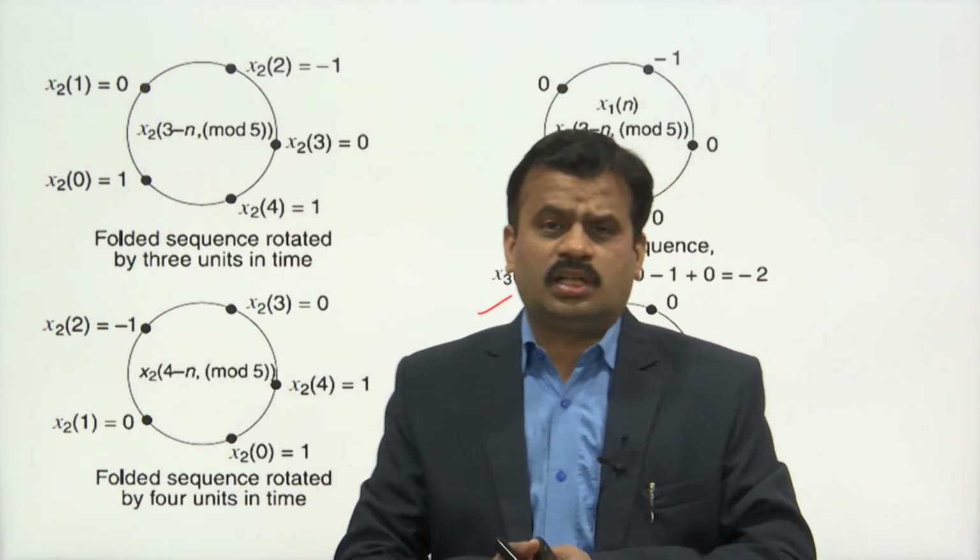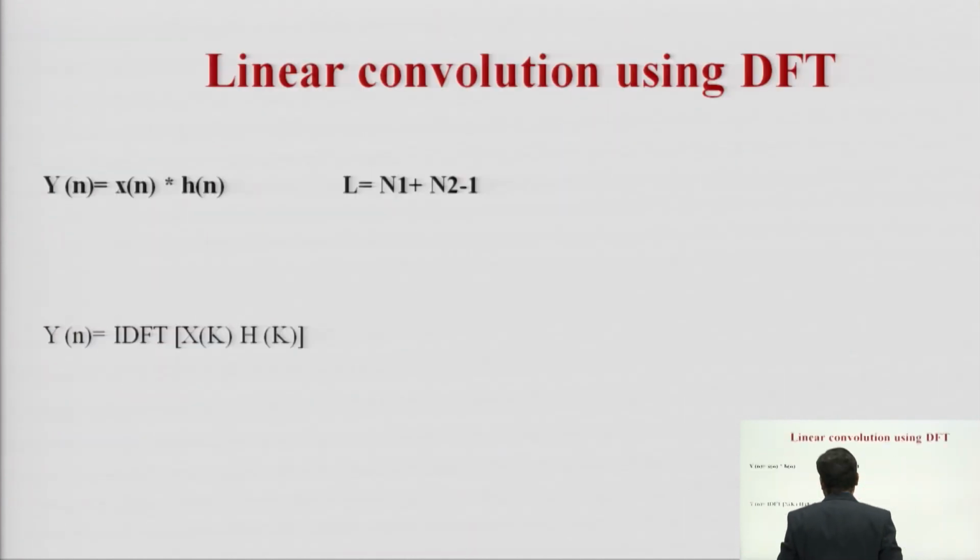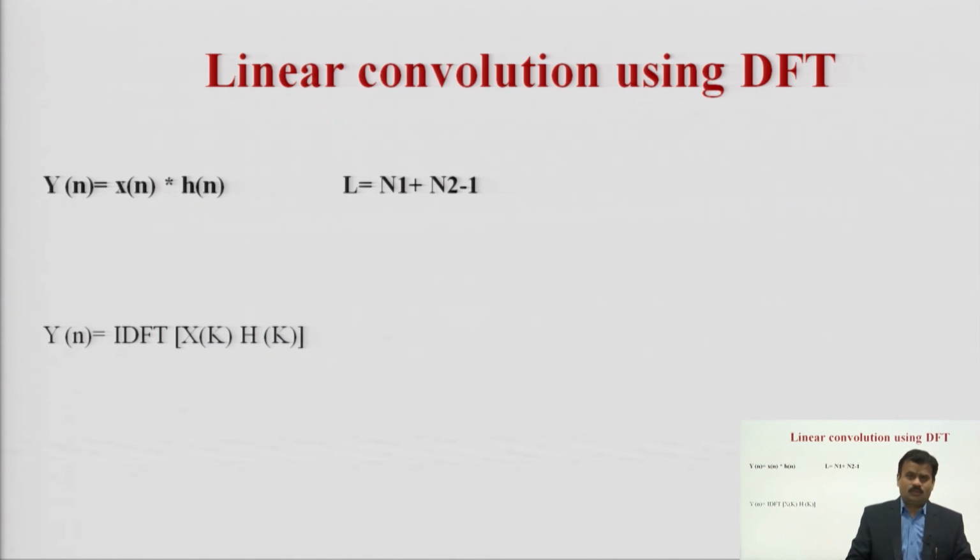So, in this way you can calculate circular convolution between the two finite length sequences easily here. Okay. So, it will be easy for all of you. Now, we will see the second method of circular convolution, that is linear convolution using DFT. So, using DFT also you can determine your convolution in linear form. So, it is also possible.